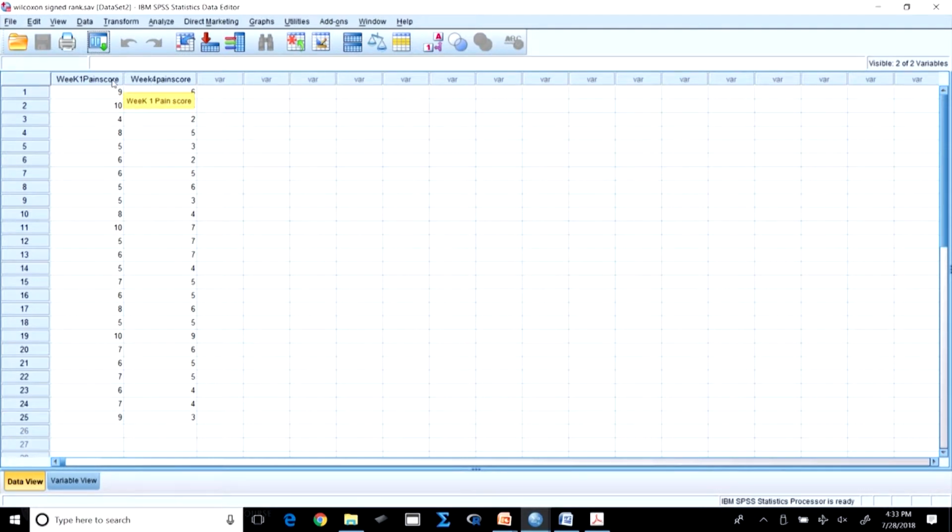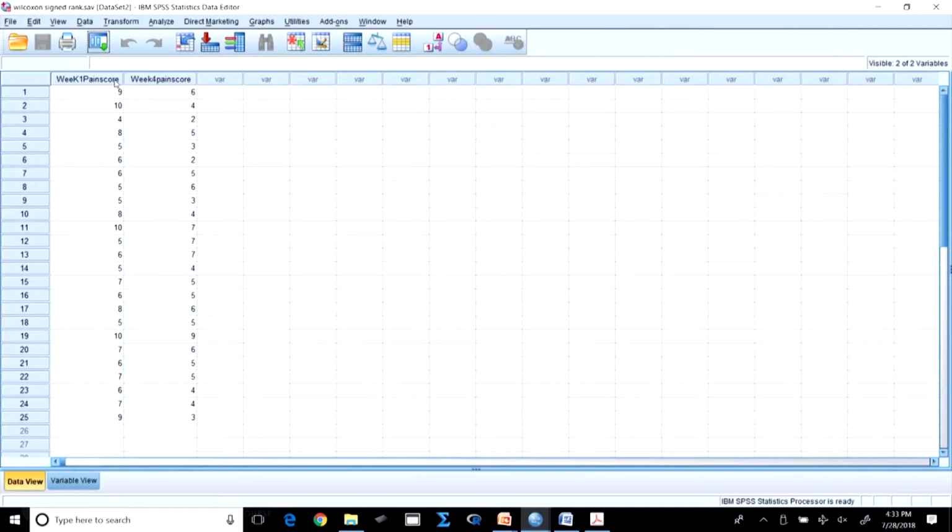In the Wilcoxon signed rank test, the pain of people was measured at two points in the same people. Why am I saying it is like a paired sample t test? Because the sample remains the same. There is a group of, let us say, 25 people, and their pain score was recorded before some medicine was given, and recorded again after. Can we say that because of this medicine there has been a change in the pain among the patients? So, this is the test. The Wilcoxon signed rank test is nothing but a non-parametric test for the paired sample t test that you were doing earlier in the t test.